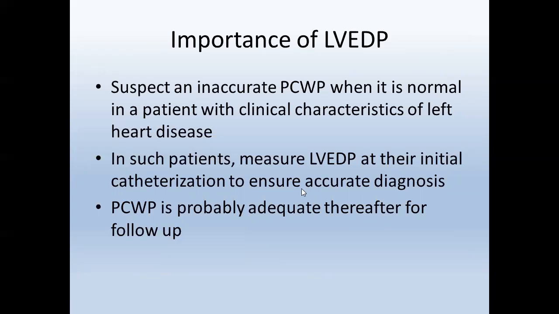So if you suspect an inaccurate wedge measurement, then go for it. A classic example is somebody who's 78 years old, with diabetes, hypertension, and LV systolic dysfunction, where you're calling the pulmonary capillary wedge pressure at about 15. In those cases, by epidemiology, left heart disease is more common than PAH. Suspect left heart disease in those, and go for an LVEDP measurement or some other maneuvers, like giving them volume or exercising them and seeing if the wedge pressure goes up. At least this should be considered during the first-time diagnosis. During follow-up,